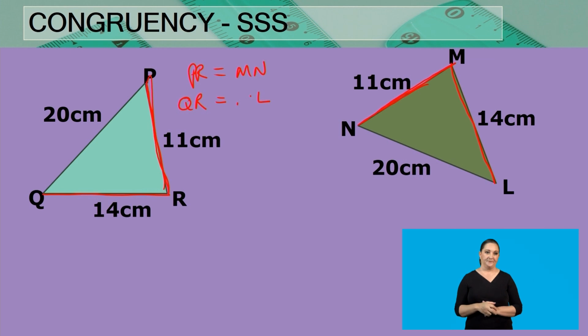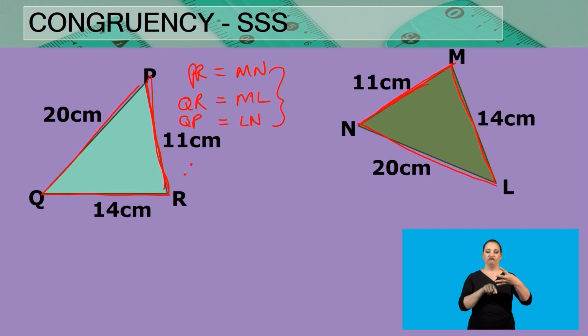And then lastly, we have 20 centimeters for QP and we have 20 centimeters for LN. So that means that our QP there is equal to our LN. So because we have three sides that are equal, or the corresponding sides are equal, then we can conclude that